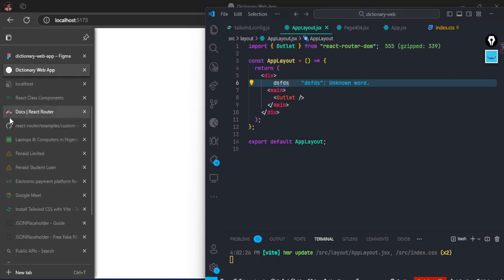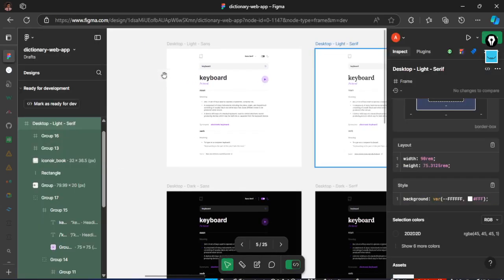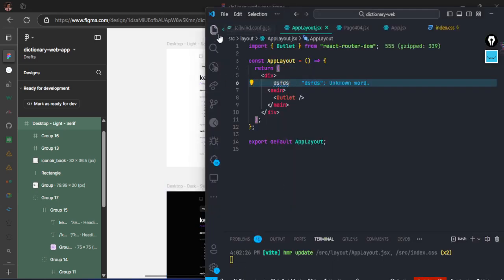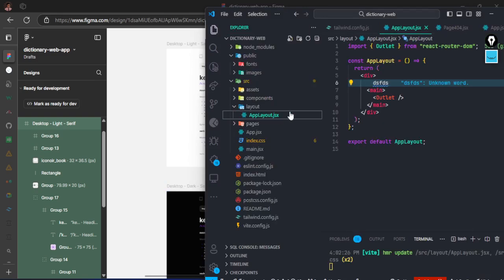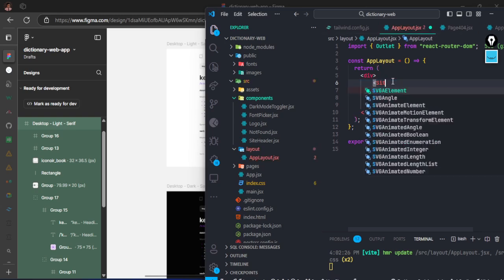And what do we want to do here now? We need to lay out the store. If you look at it, we need to have this header section here. Inside the header section, we're going to have the logo and this other content. And don't forget, we already have components for this. Under the components, we have the site header, so we need to render it here. So we need to render our site